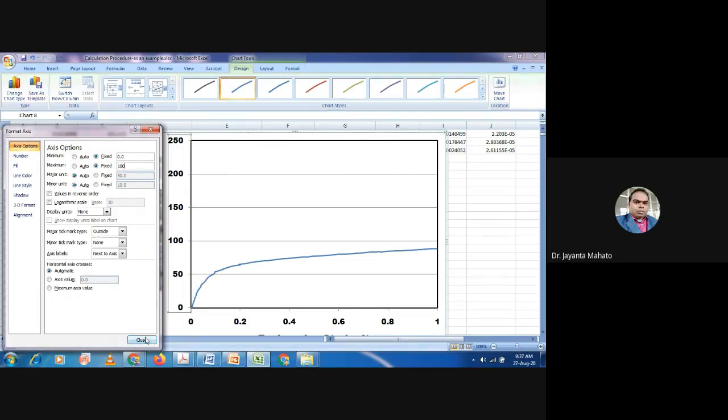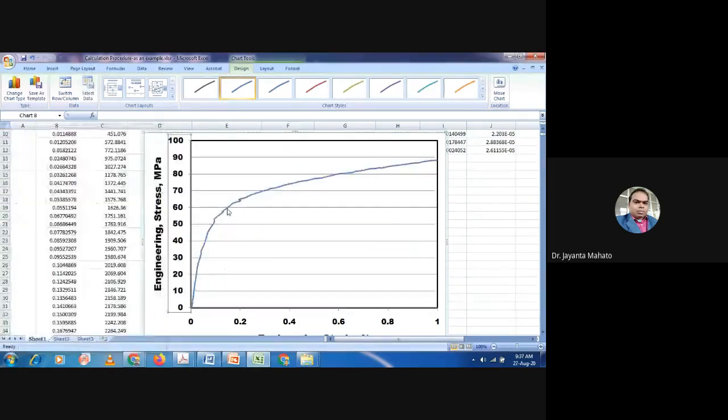So what happened? This region is increased, meaning I am just zooming in on this region.